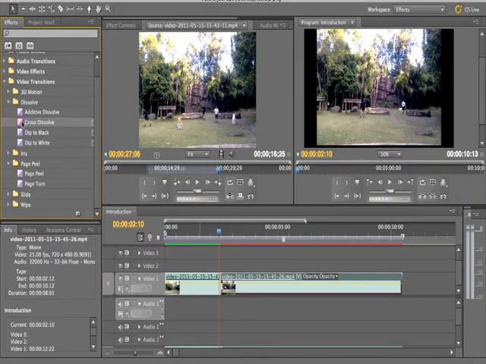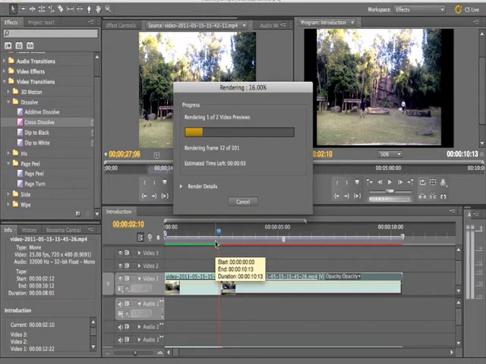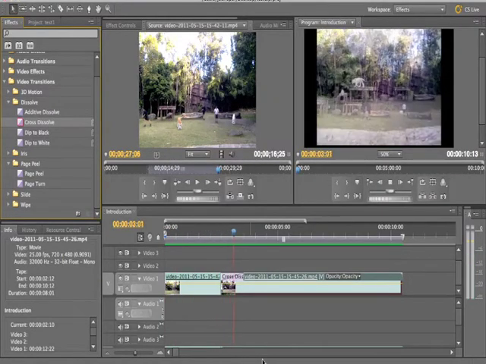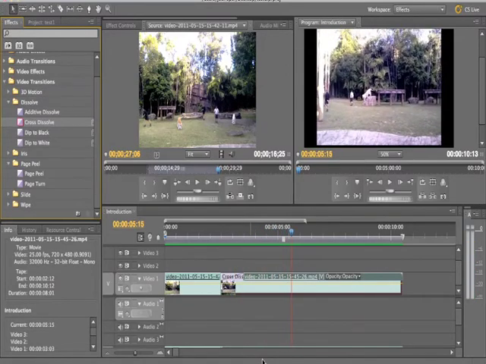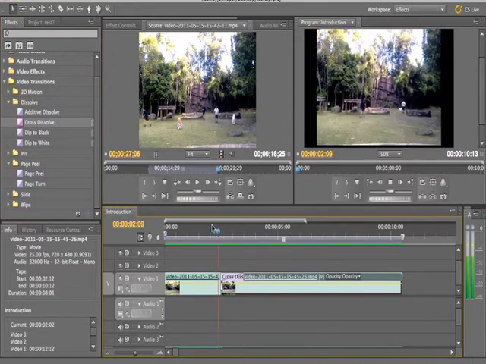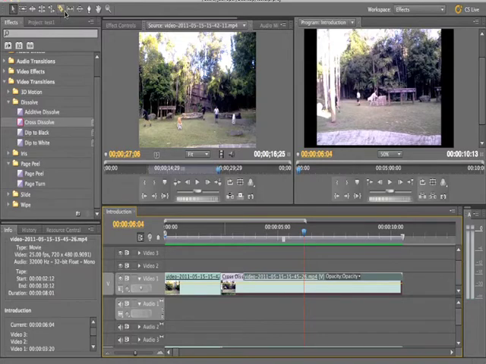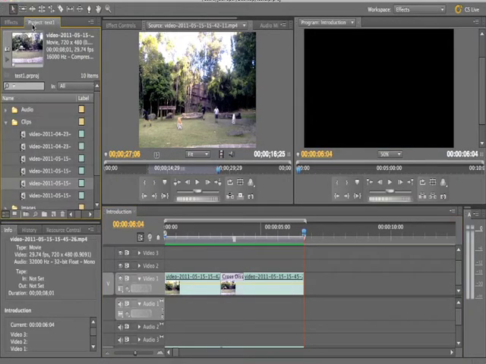using the cross dissolve to put down onto both tracks, pressing enter. And as you can see, we've just done a cross dissolve where it has gone from one clip to another. And then by cutting this here, and then selecting the arrow tool, if we go back to another clip,